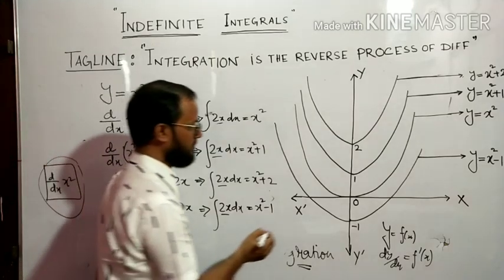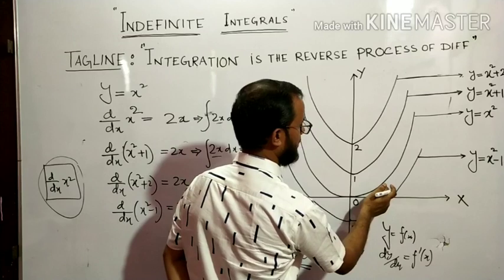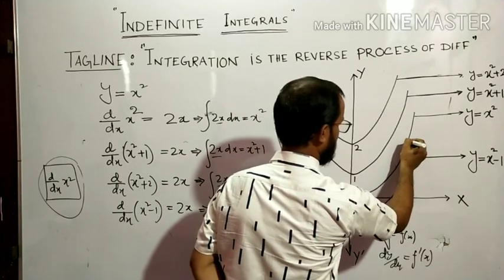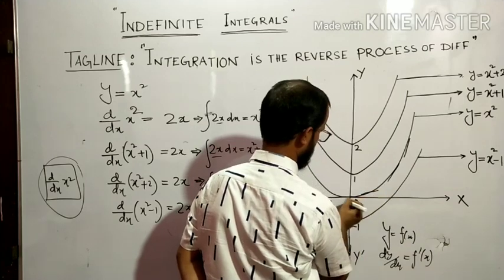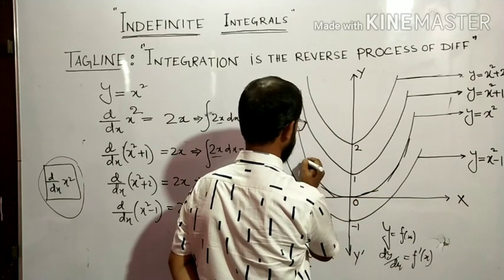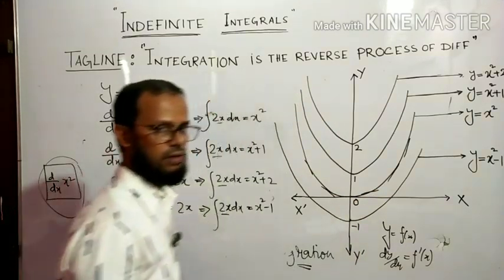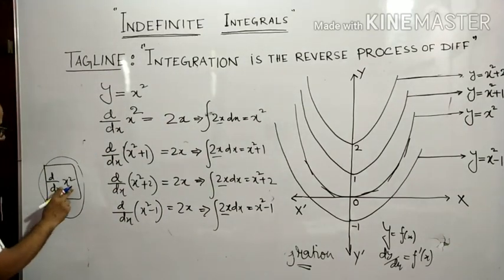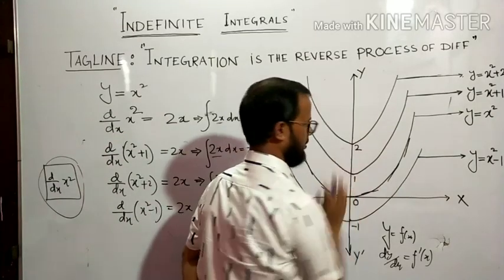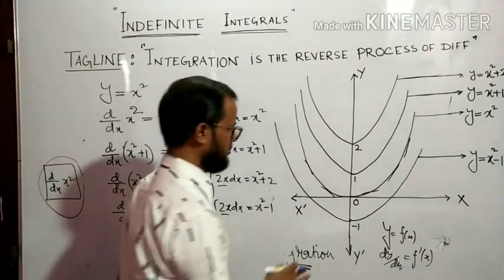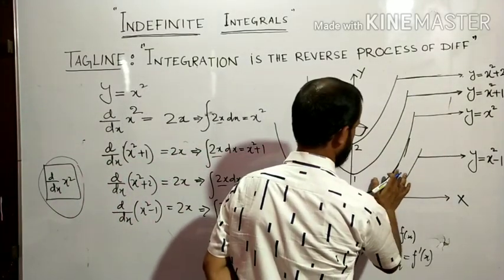जैसे हम अगर यहाँ में एक टेंजेंट ले लें, वहाँ में एक टेंजेंट ले लें. If I take a tangent here, or if I take a tangent here, if I take a tangent here, so everywhere what happen, d/dx of x square जो है उसका मतलब ये है वो सारी टेंजेंट का स्लोप रिप्रेजेंट कर रहा है. ओके